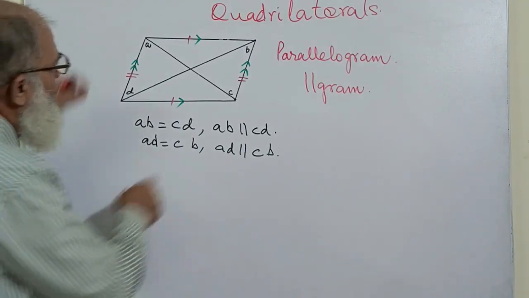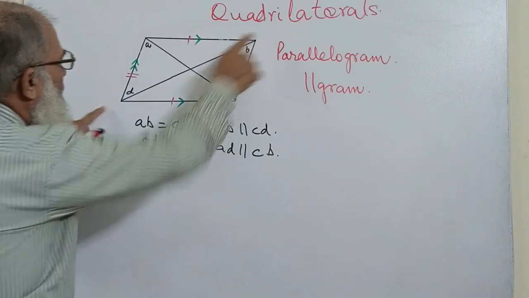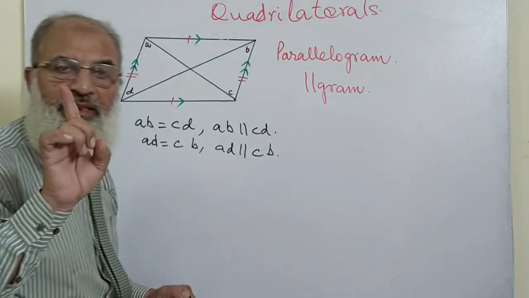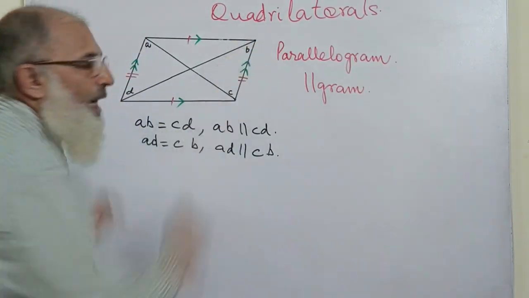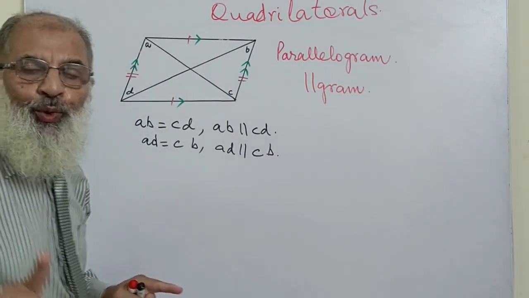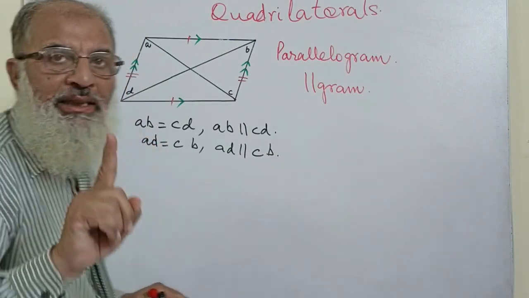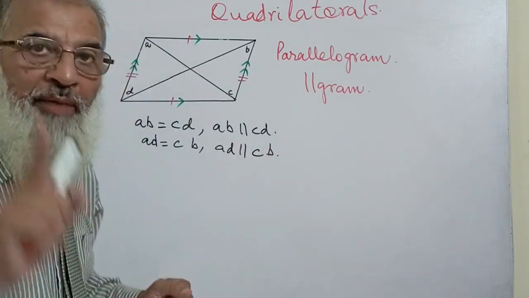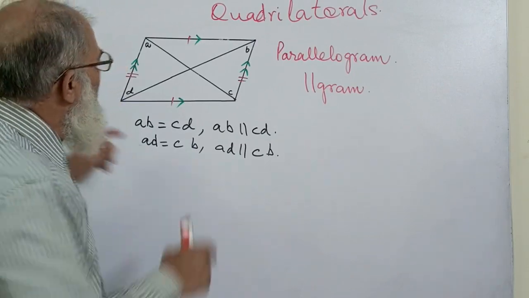The third property is that AB is not equal to CD in general, but there is still one parallelogram in which two diagonals are equal. Two diagonals are equal in only one parallelogram, which we'll call rectangle later on, because rectangle is the only parallelogram in which